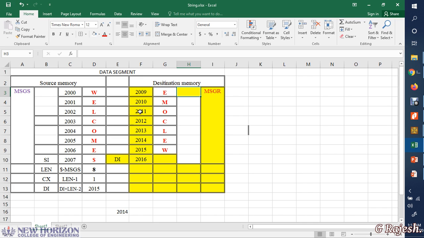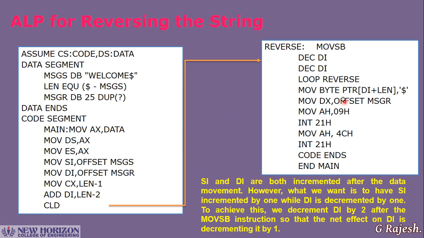Okay, so now see, our complete string is copied, but we need to show the termination of the string, that is by the help of the $ sign. So one way is making this DI come to this location. So we are not aware of this other location, isn't it? So instead of that, what we do is we will use